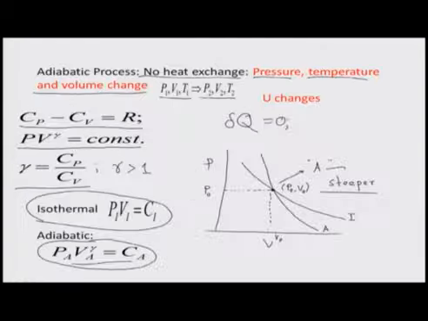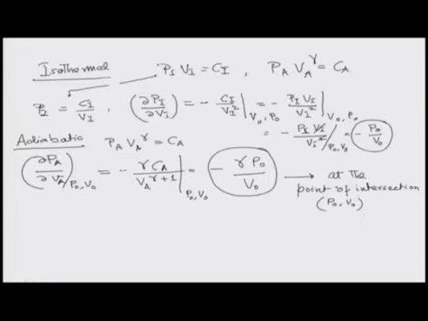You see, these are two curves. So, whatever is steeper is adiabatic, whatever is not so steep is isothermal. So, slope of the adiabatic is gamma times, I write it separately, gamma times P naught V naught, which is nothing but the slope